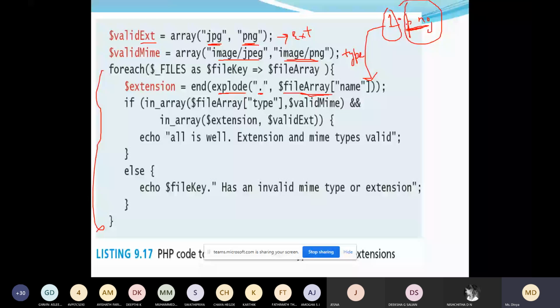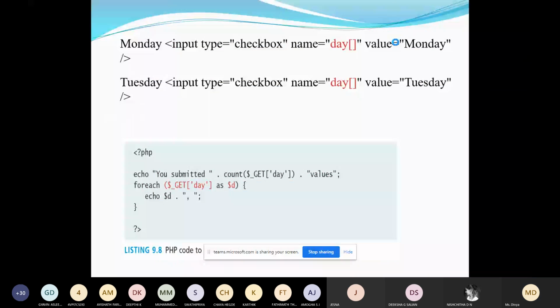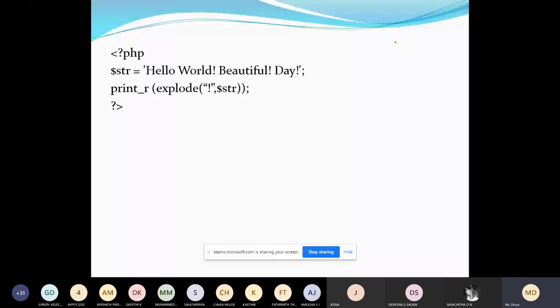What have you studied about explode? If you remember, we have discussed explode here. What will explode do? It converts a string into an array.